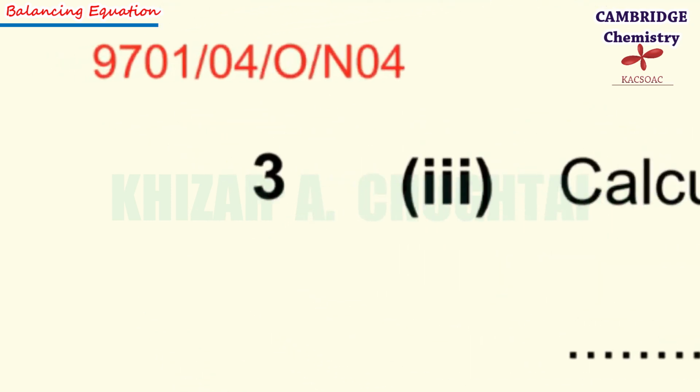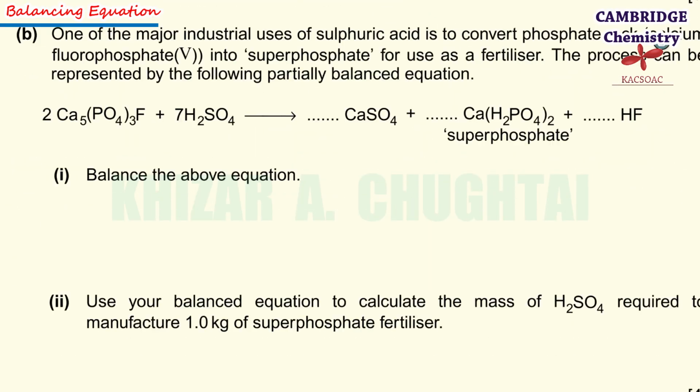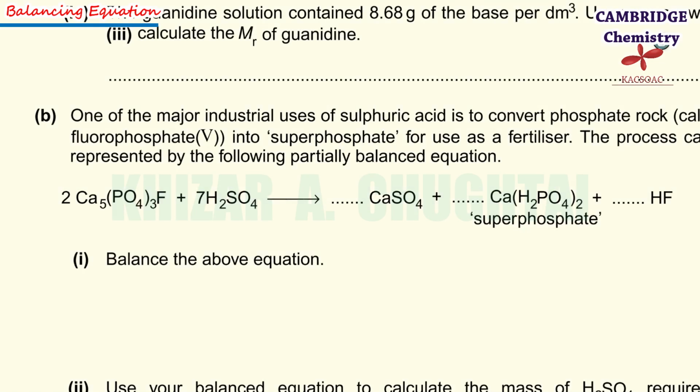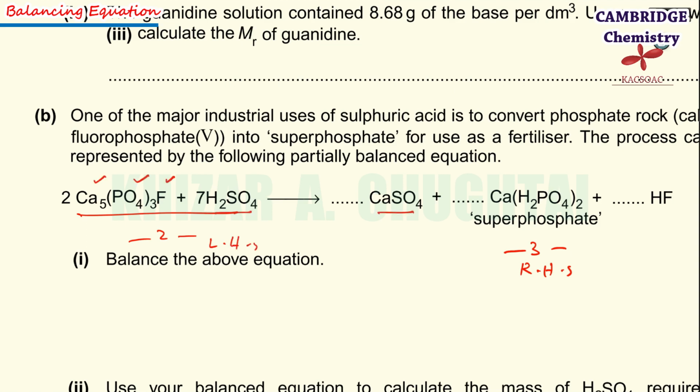October-November 4, paper 4 for A2 chemistry students, and here is a question. Okay, there are 3 species on right hand side and 2 species on left hand side, right? Calcium sulfate, calcium bisulfate, hydrogen fluoride. So now come to it, it is easier to match the similar species on both sides. This is a sulfate, this is also sulfate. Both sulfate must be balanced first of all, I think. So I'm going to put 7 over here to balancing the SO4 group.